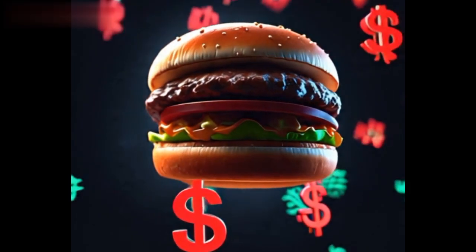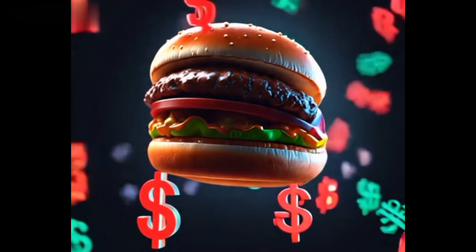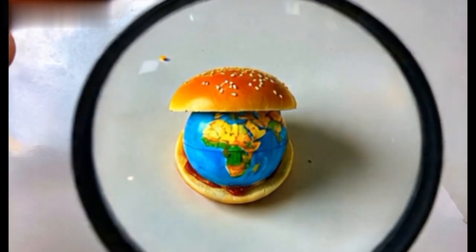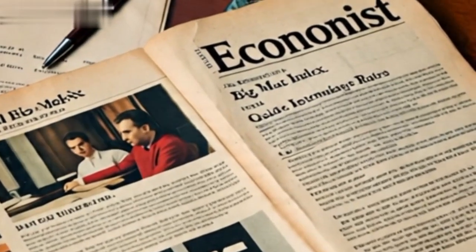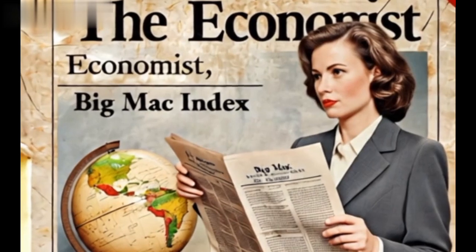Did you know this simple burger could expose the truth about your economy? No. Seriously, this isn't just lunch. This is the Big Mac Index, and it's one of the smartest ways to measure how powerful or weak your